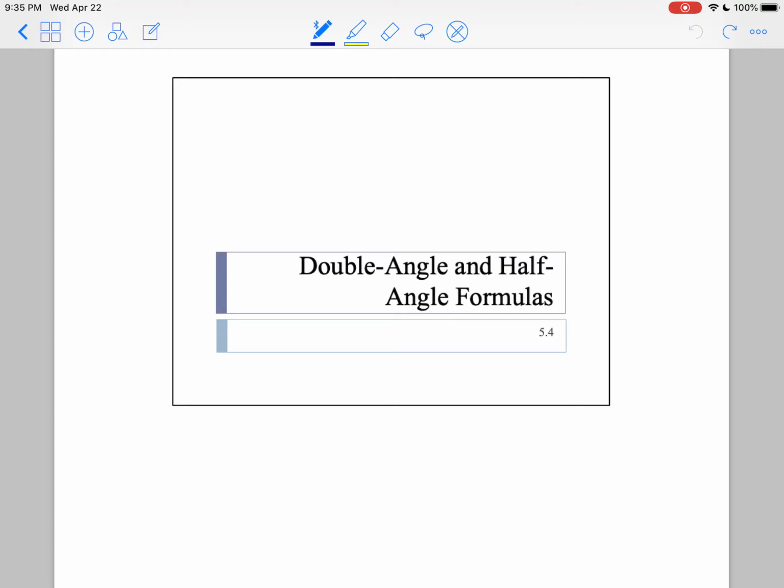And just like last time, we are going to derive these formulas from the sum formulas for sine, cosine, and tangent, which came directly from the difference formula for cosine. We proved those last time, but we're going to use these to prove the double angle formulas. So we're going to start with that. If we start with the sum formula for sine,